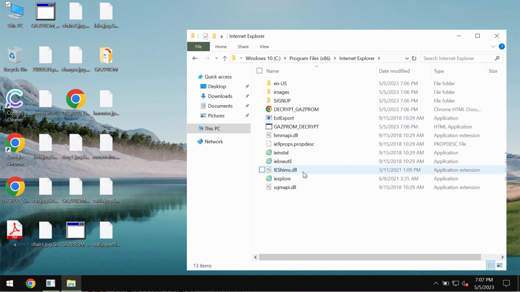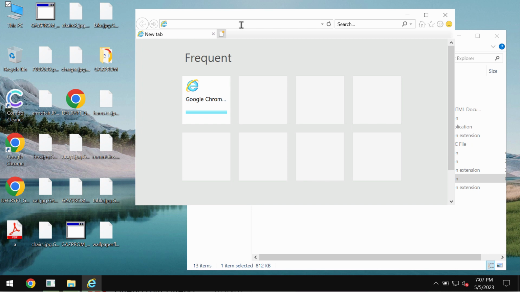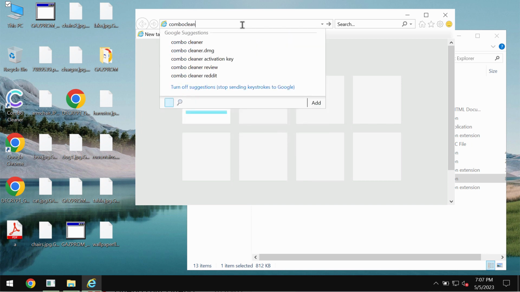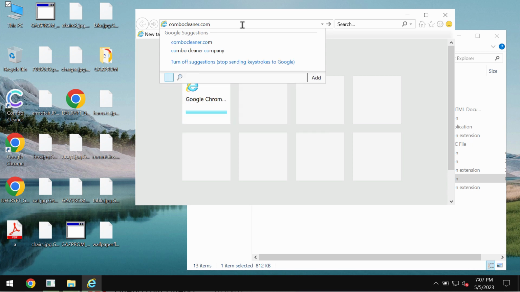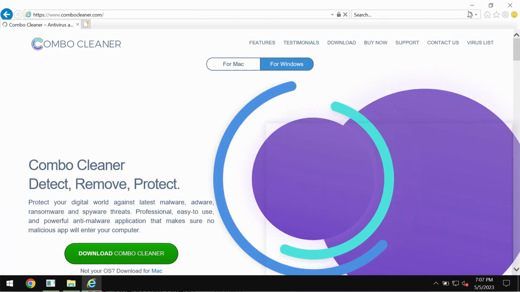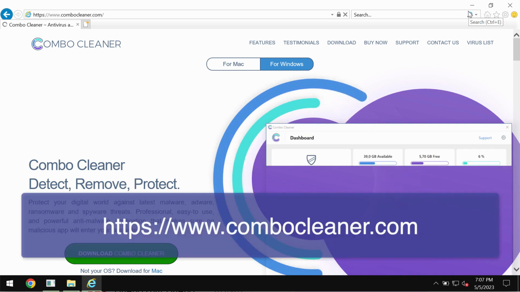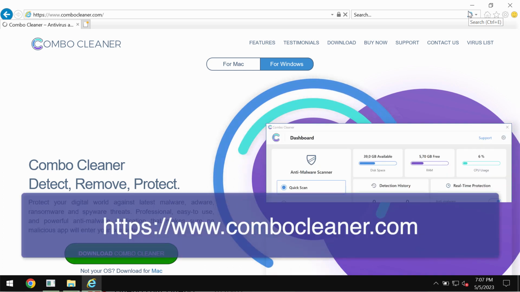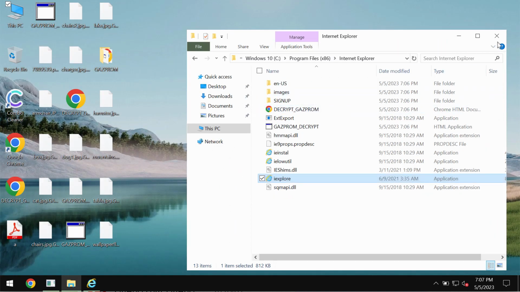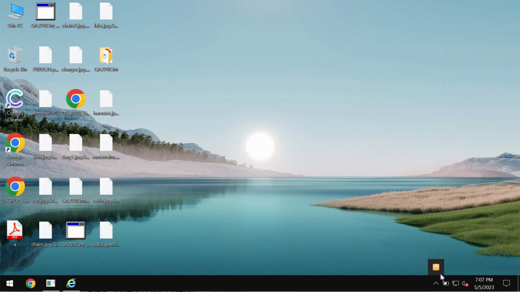We recommend you to use Combo Cleaner Antivirus, but to download it you will need to use Internet Explorer browser, because the point is that other browsers may be also damaged by this ransomware. So through Internet Explorer browser, go to the website combocleaner.com, download the software, install the application, and then start scanning